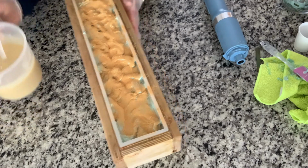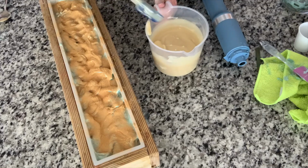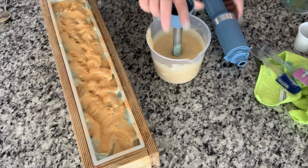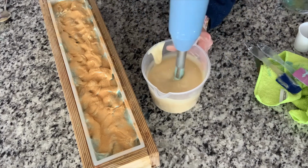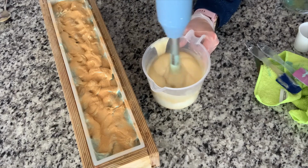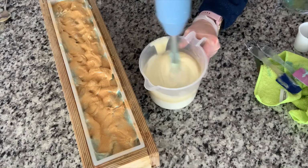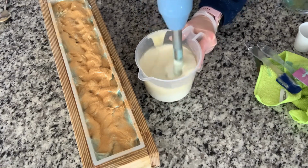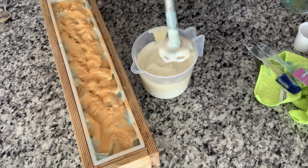All right, and now for the white, which I really should have been stirring a little bit more as we go, but okay, I was moving fast. Let's put this in and see what we can do for this top layer here. You see that come together? Yes, hopefully this stays. It's gonna probably be a nice creamy color. All right,